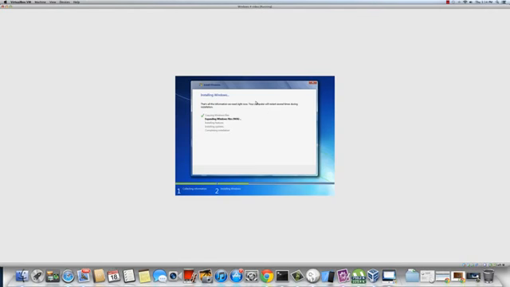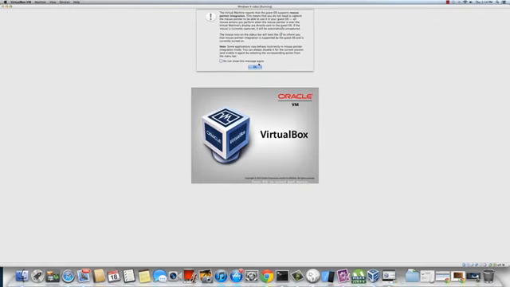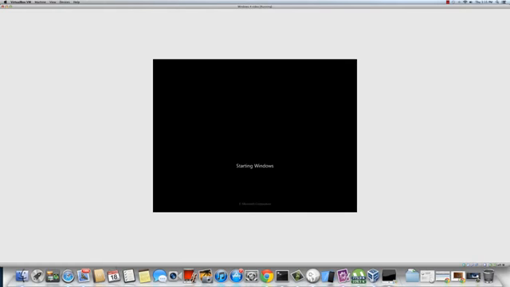Okay, and it's just about done, and it's been a minute, or technically not even. Okay, there, boom, it's done. The installing updates takes about 25 seconds. Okay, and now we can hit restart. Okay, and then we don't want to boot from anything, so we can just leave it